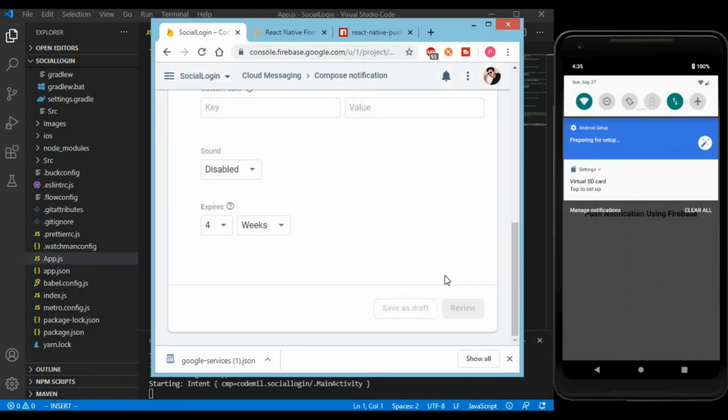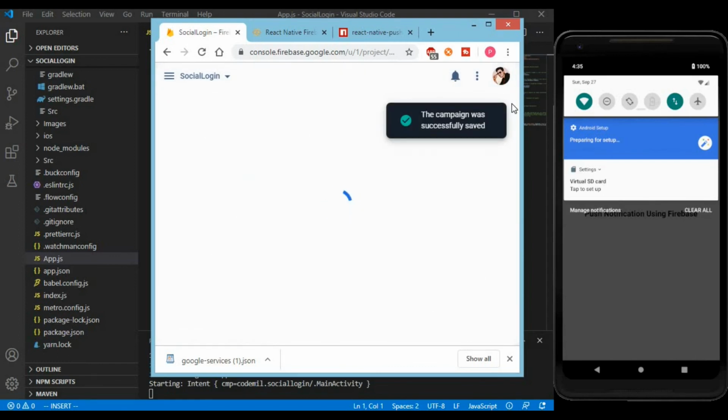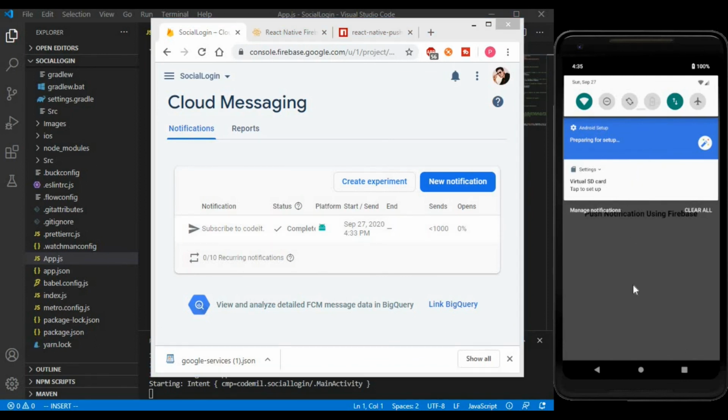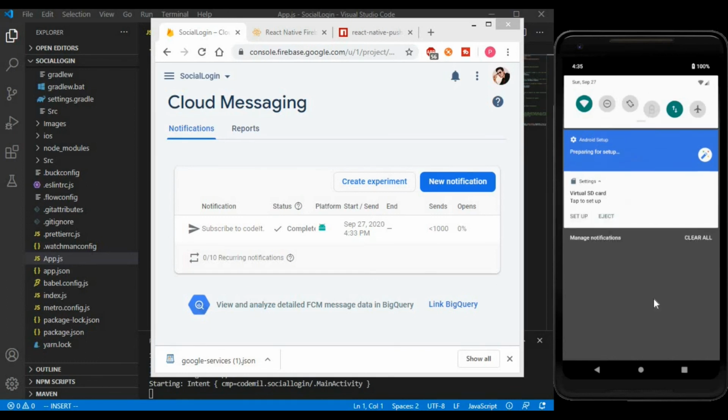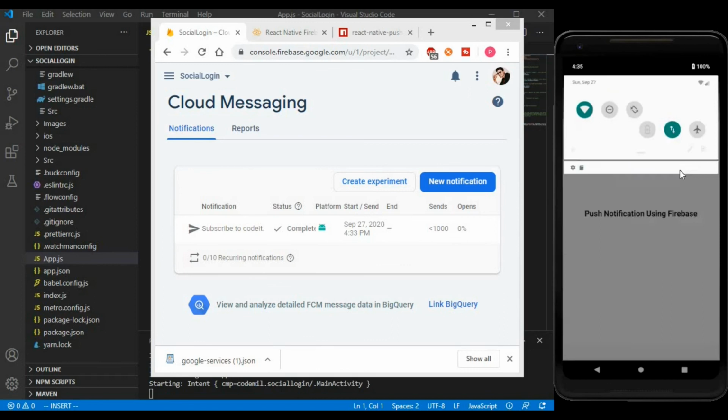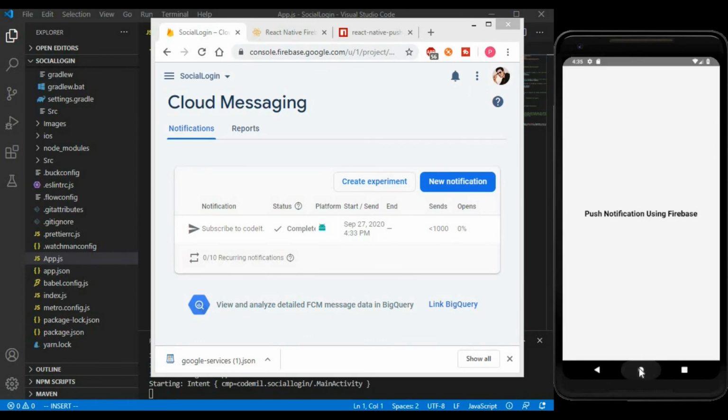But you can see there is not any notification on the screen, and that is because right now the application is in the foreground state, and the push notification is working only in the background state. To run it in a foreground state, you need to make some changes, which right now I am not going to do. So for working, let's close this application